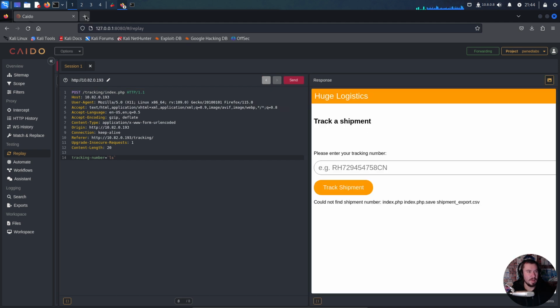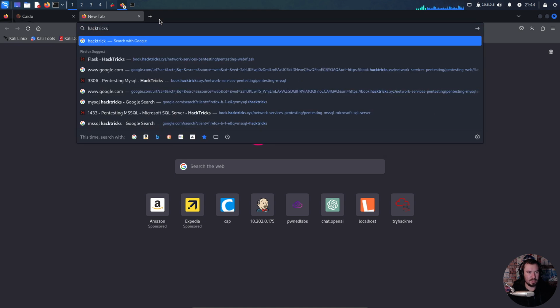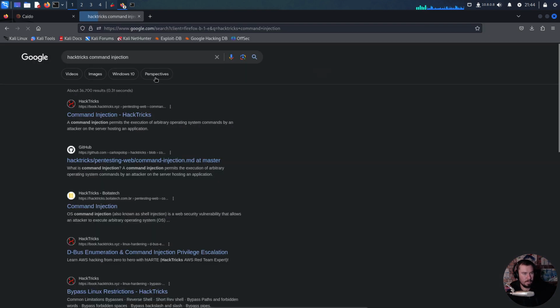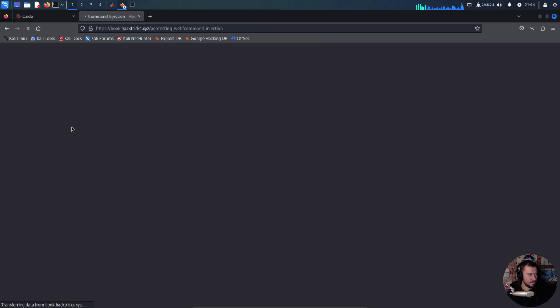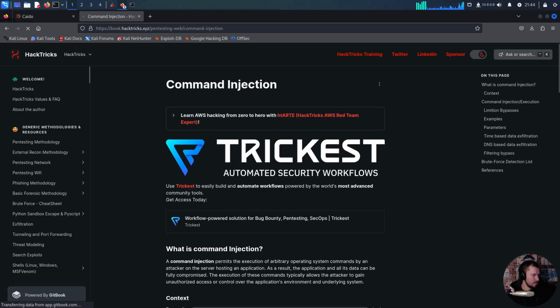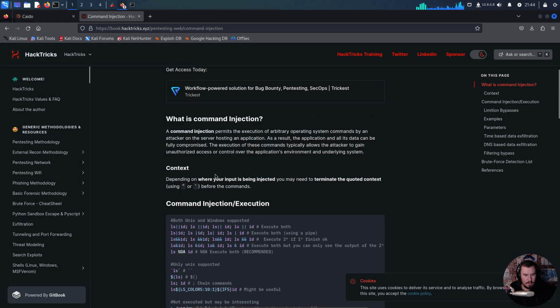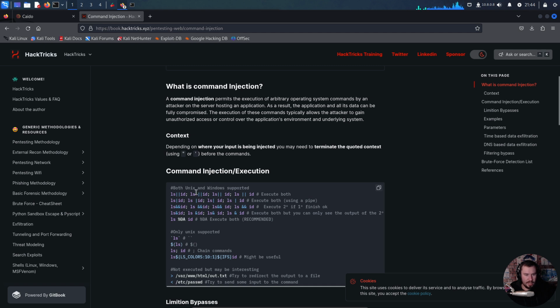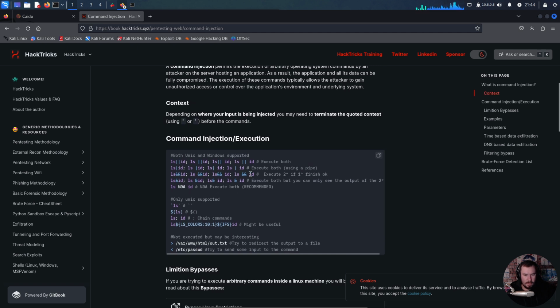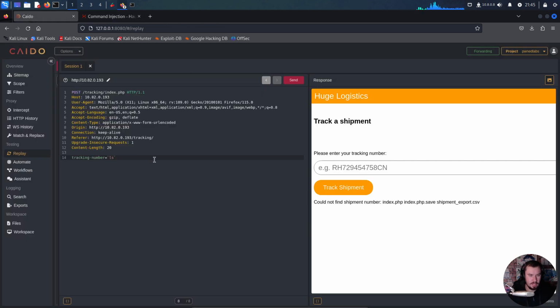And if you don't know those by memory, if you go to HackTricks, command injection, both Unix, you can actually see the ones I was trying here. And here's the one that worked. So even if you didn't know what you were doing, you could have gone to HackTricks and just tried fuzzing with a few of these, and you would have eventually got RCE here. Oh, so you don't want that open. So,